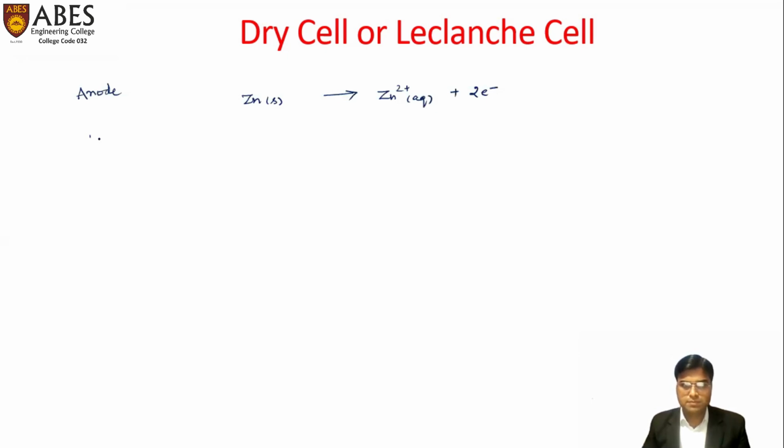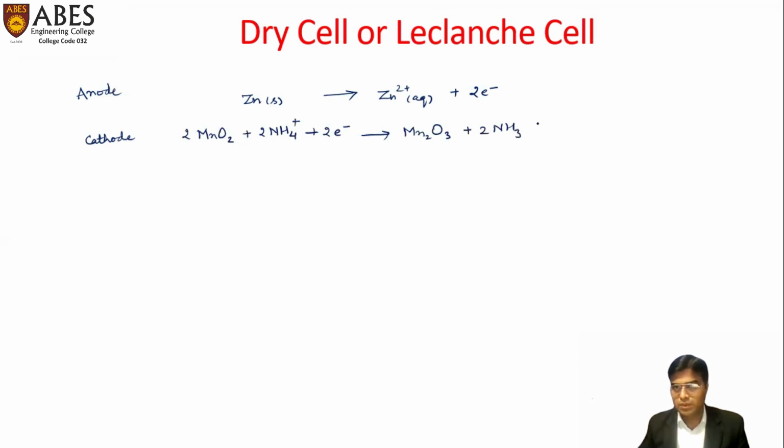At cathode, 2 MnO2 in presence of ammonium ions and 2 electrons converts to Mn2O3, and ammonia and water are generated. So the net reaction can be shown as